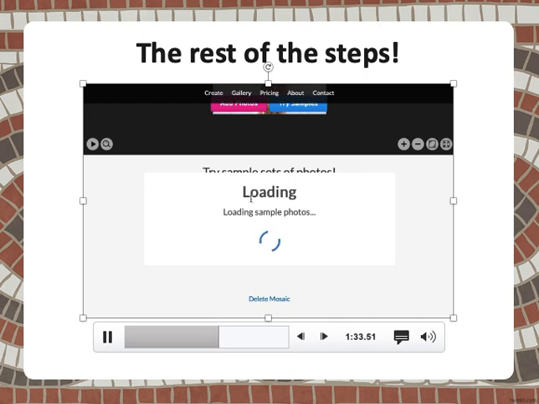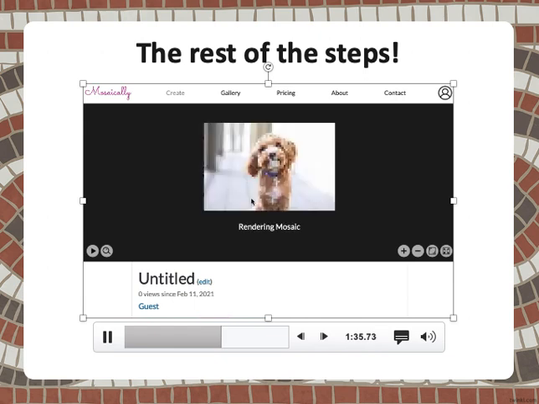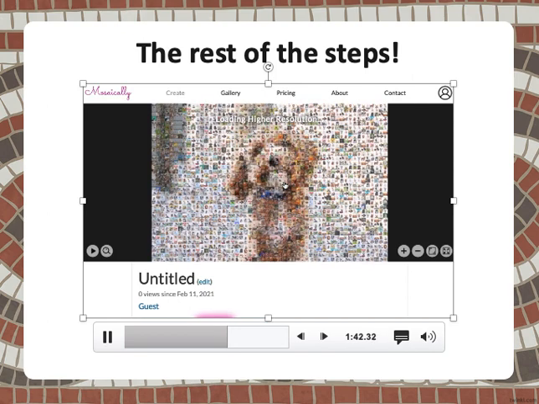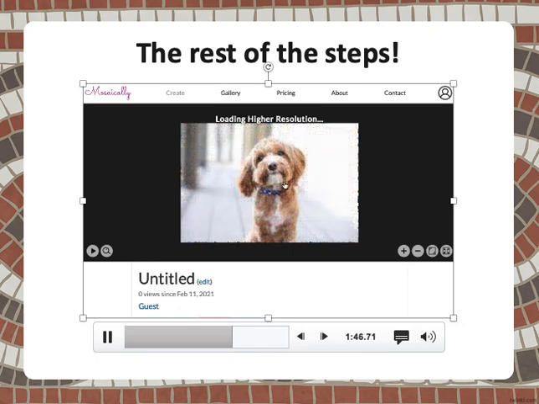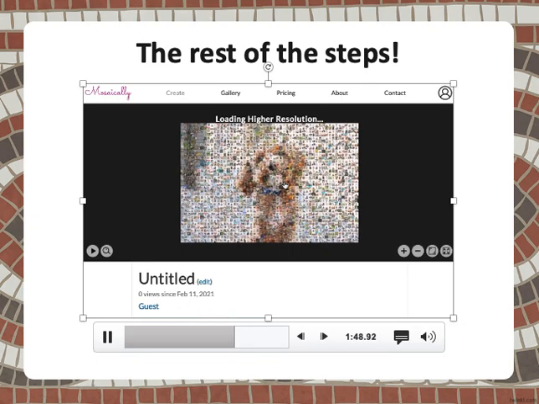And you can play around with this until you get something you really like. So you could come back and see what it would look like with flowers on the background, with cats as the background, whatever you fancy. So you can see there, I've made my mosaic out of loads of little pictures, and it's still loading it, but if you zoom in,